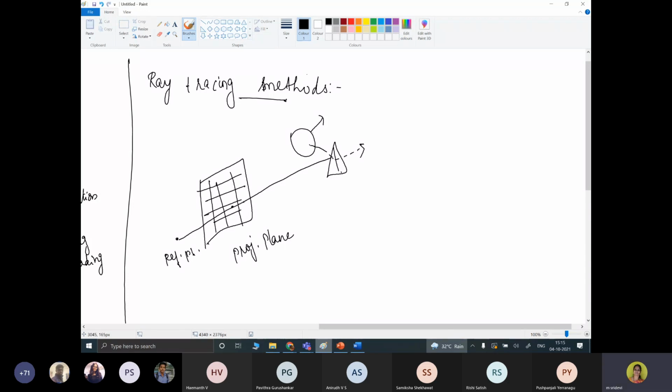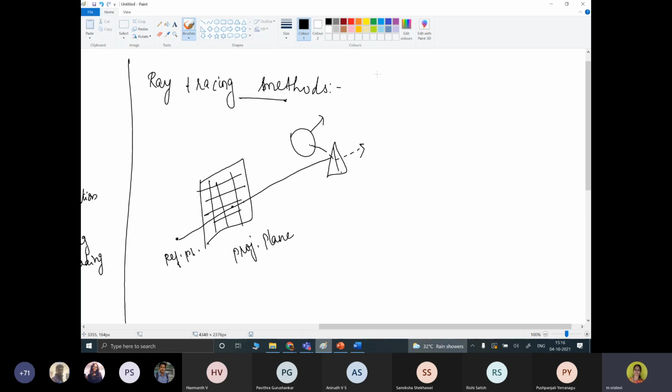So the basic algorithm here is visible surface detection. The basic algorithm provides visible surface detection, shadow effects, transparency, and multiple light source illumination. So all these properties will be addressed with the help of this ray tracing method. It's highly realistic, and it's mainly useful when the object is a shiny object. This kind of ray tracing method will be very useful.